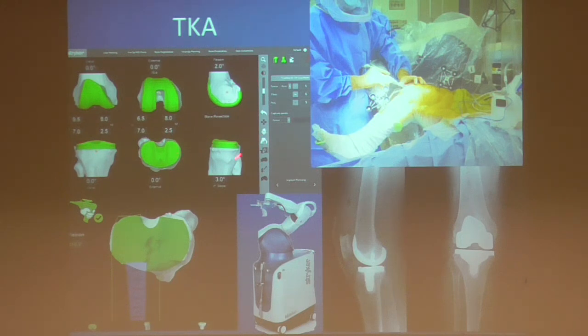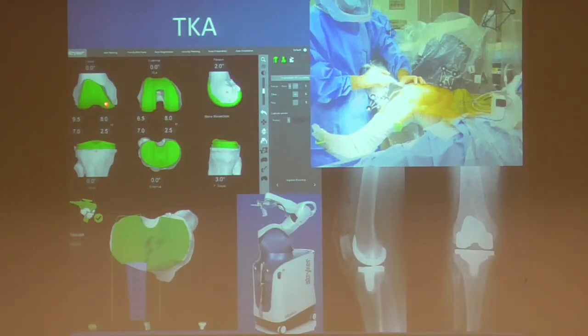So before, we made the same cuts for everybody. And then depending on how loose or tight your knee was, if it was tight, we may take a little more bone. If it was loose, we may put a little more polyethylene, which is the thing you can't see in the space here. But with the robot, we're able to make extremely precise cuts for each person, so we could figure out,